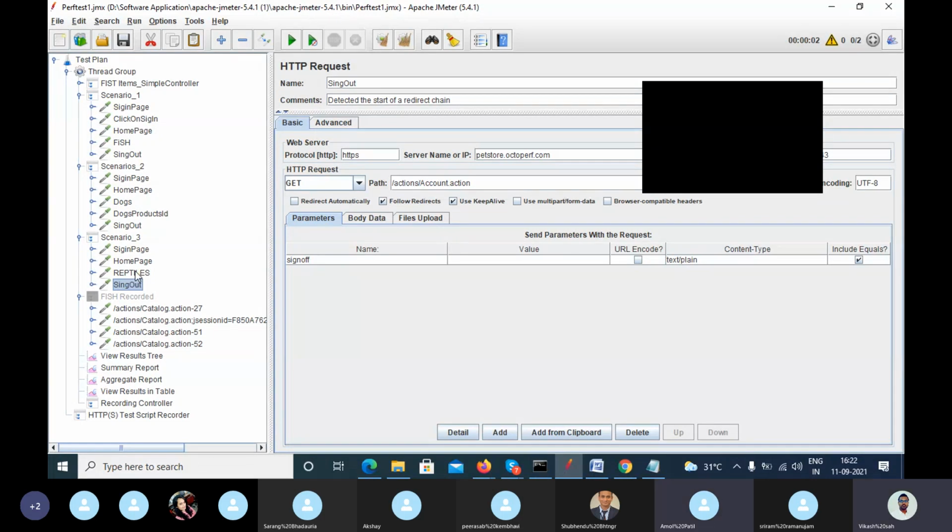Correct. It only increases the count of the requests. Agree? So that is not smart work. So what you can do,